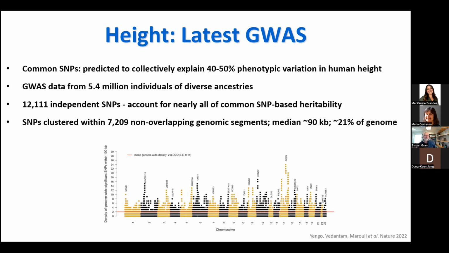Now, what does that look like? It looks like there are over 12,000 loci, and if you consider the block of linkage disequilibrium on average around them, you're looking at about 21% of the human genome. So the optimist in me says, well, business is good. There's going to be a lot of loci that we need to do variant gene mapping on. But if every variant in every GWAS actually has multiple coordination of multiple genes, which is probably not the case, it's probably a subset, it means that there's a lot going on.